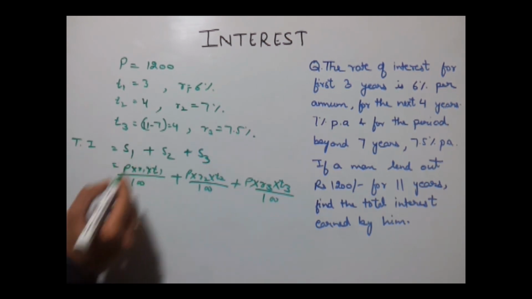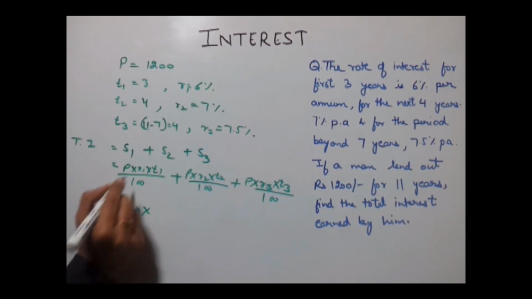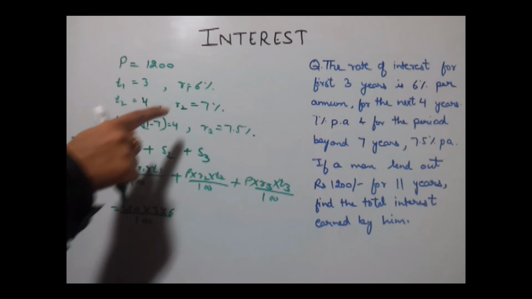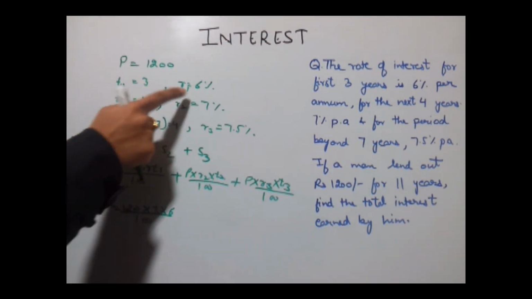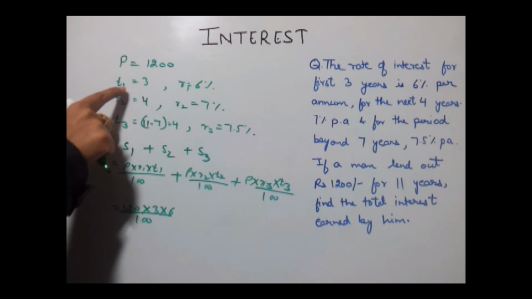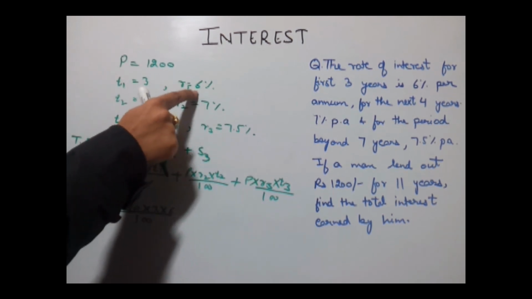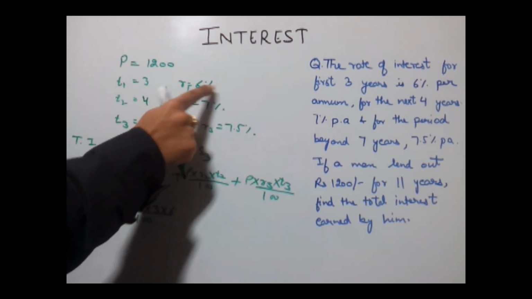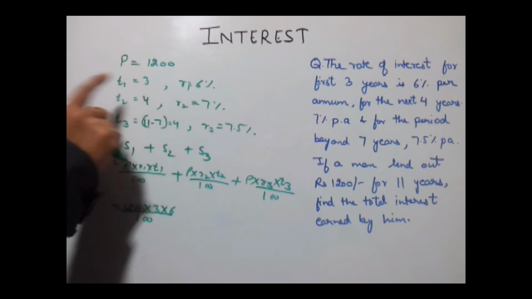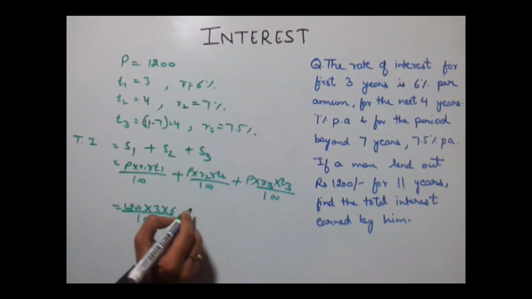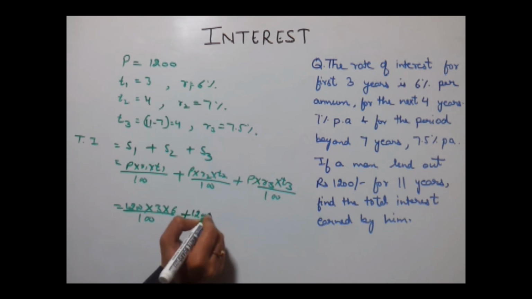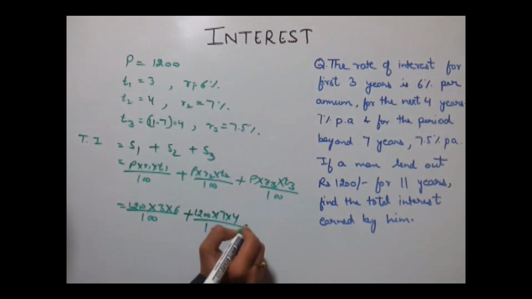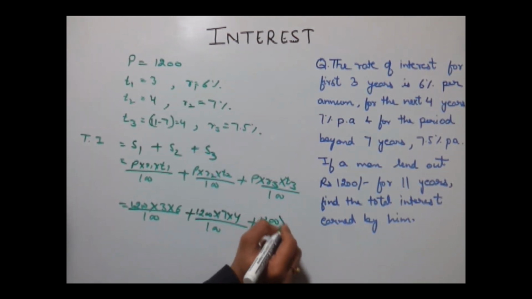Now putting the values, P is 1200 into 3 into 6 upon 100. You just need to remember that this rate and the time should be compatible to each other. That is, if the time is given in years, then the 6% should also be in years. That is 6% per annum, it is the rate for 1 year and time is also given in years. Thus they are compatible. So again this is 1200 into R2 is 7 into 4 upon 100 plus 1200